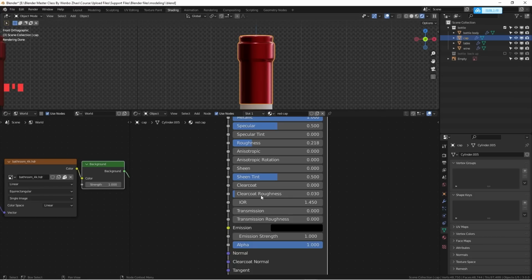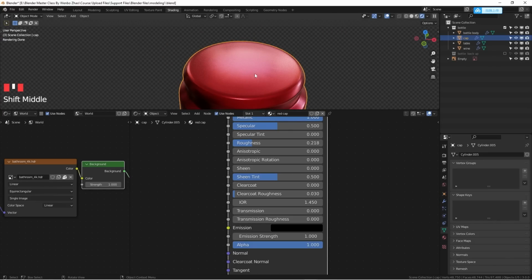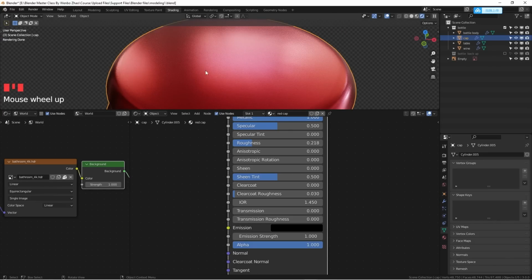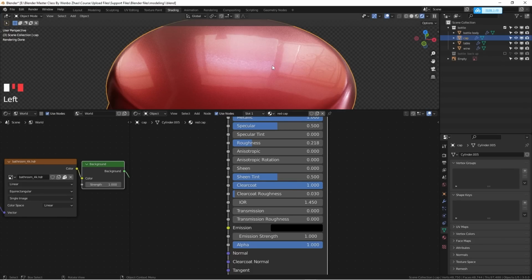The next thing we're going to talk about is clear coat. You can see here, if we go to the top of this cap, we have some kind of rough and matte look going on here. Adding a clear coat, if I'm dragging all the way to 1, I'm actually adding a very thin layer of clear coat, and now you can see the reflections of this HDRI image. You can see there's a window at the front of the bathroom, right? So you can have this clear coat added on, and at the same time you can even change the clear coat roughness